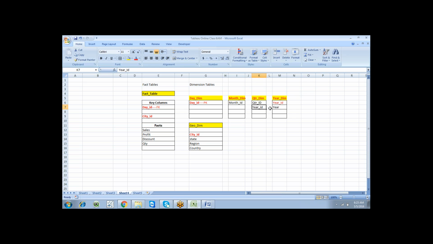This is a simple definition: we need to establish a parental relationship between the quarter table and the year table. So try to place the parent dimension into the sub dimension table. Initially we placed day table ID into the fact table, so try to place year ID into quarter ID, and quarter ID into month ID, right.